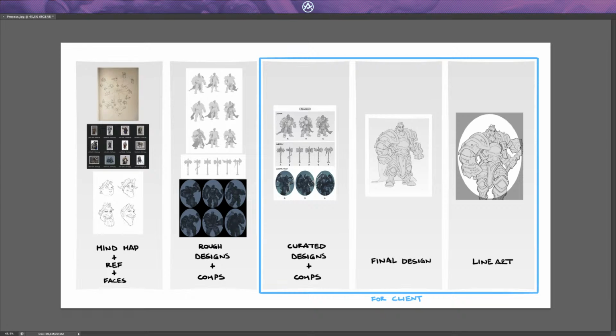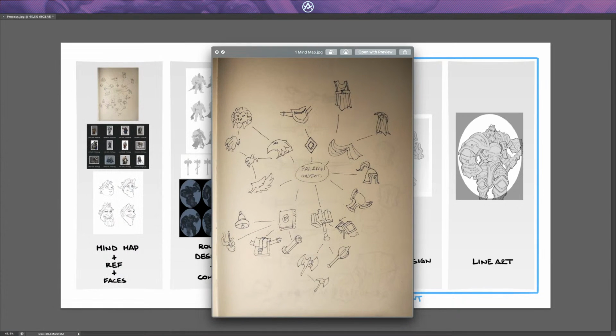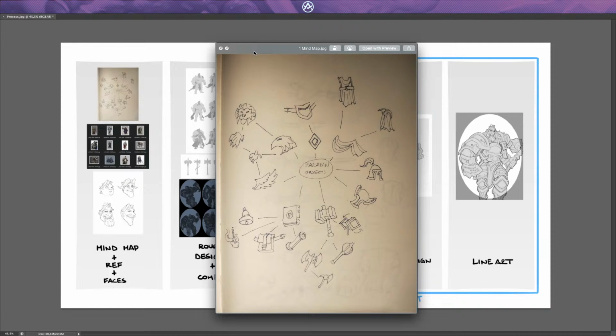Let me open that here. What do I know about paladins, right? And very little, right? I mean, I've rendered my fair share of paladins, but truly I've never really designed a paladin before. I never really sort of